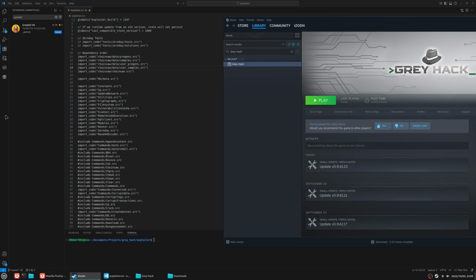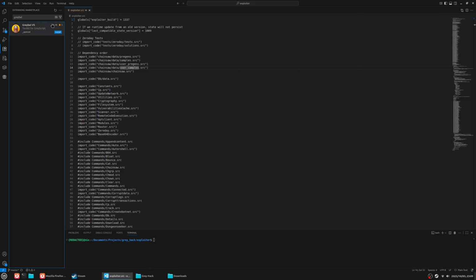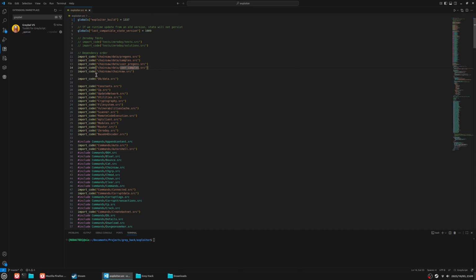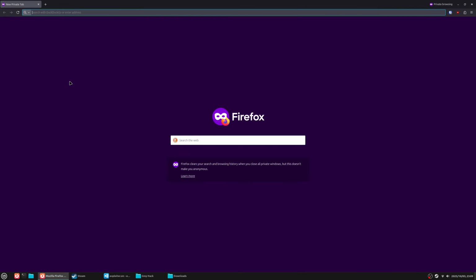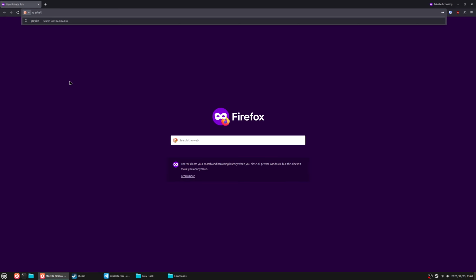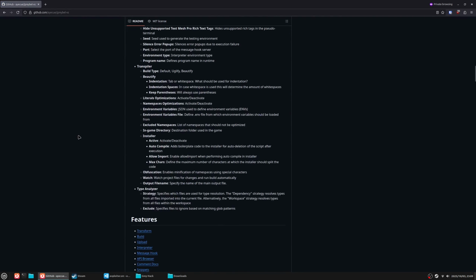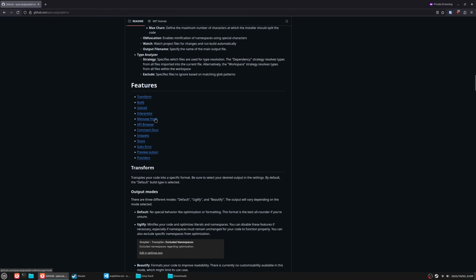All right, now that this is up and working, we can go to our VS Code and install greybel-vs. With greybel-vs installed, we can see that we do have syntax highlighting now. And so now we can go to the web browser portion where we search for greybel-vs. We want to click on the GitHub link, then scroll down to the features section, and then click on message